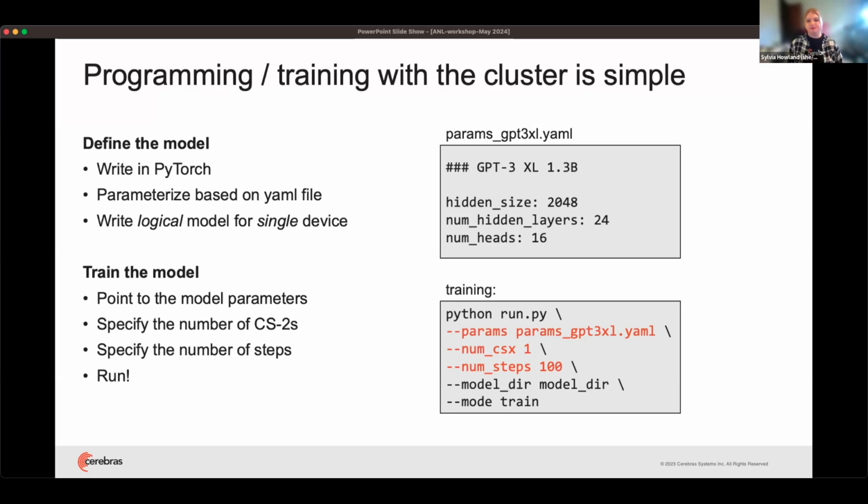As an example, we have this GPT-3 XL, a snippet of a YAML file on the right. We're just defining hidden size, how many hidden layers we have, etc. And then to actually train it, each model family in the Cerebras model zoo has a run.py function. It can also act as a template for your own model family. And it provides a common set of arguments. We basically just need to point to